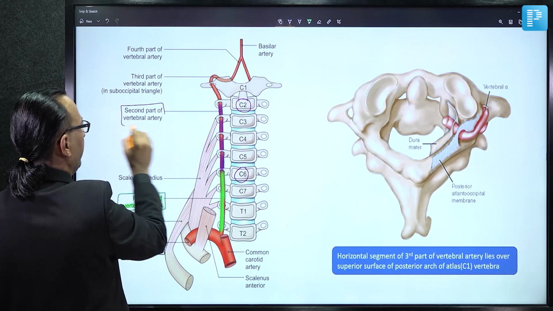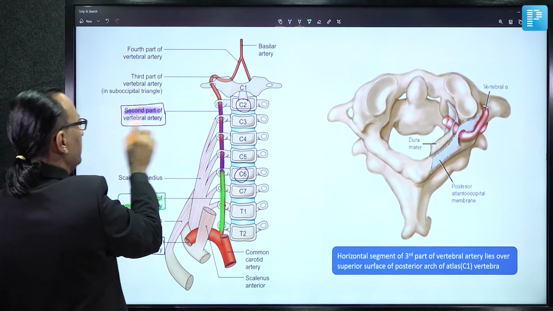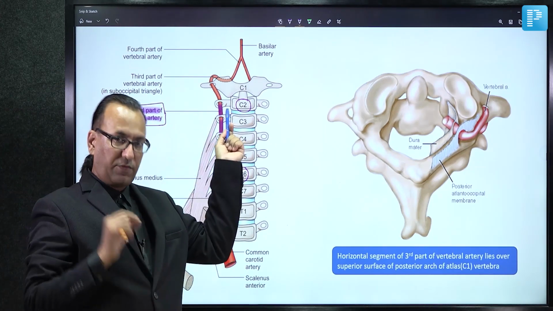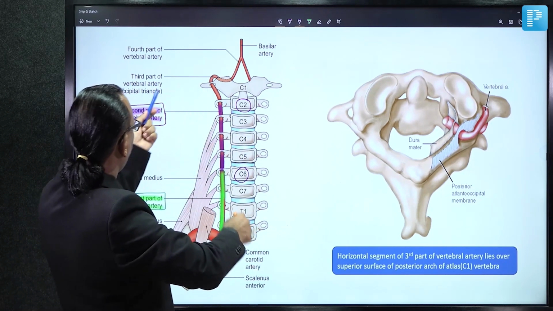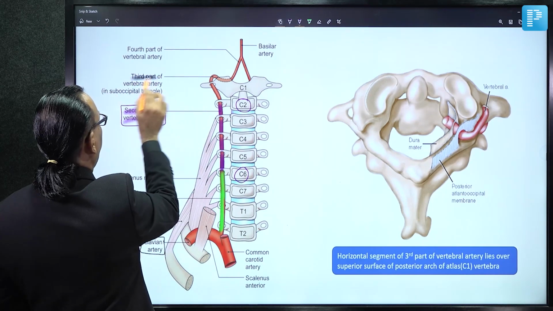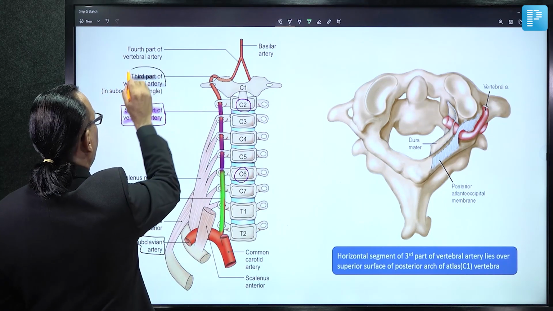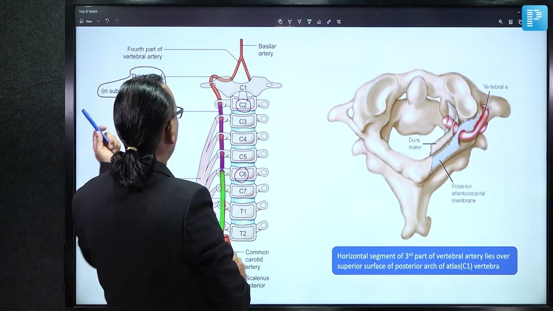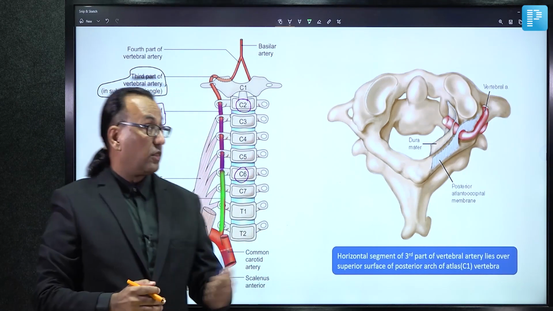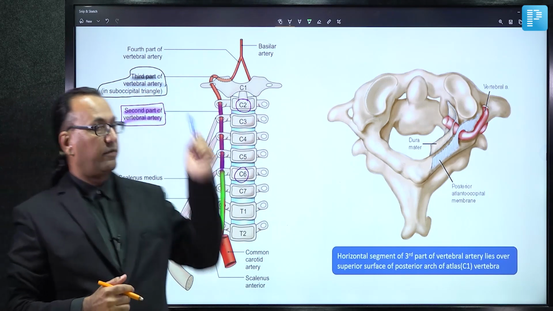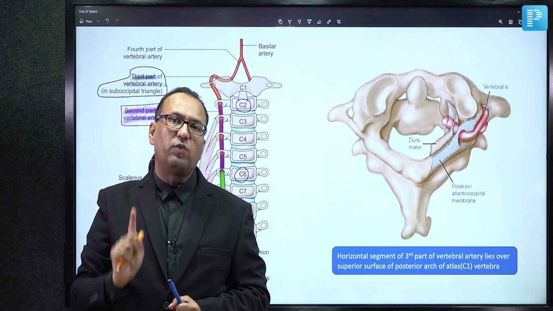So this is the second part of the vertebral artery. Then after passing the foramen transversarium of C2 vertebra, it changes into the third part of the vertebral artery. Now for this third part, there is a difference of opinion between various authors. A few authors say the third part of the vertebral artery has 2 segments, one vertical segment